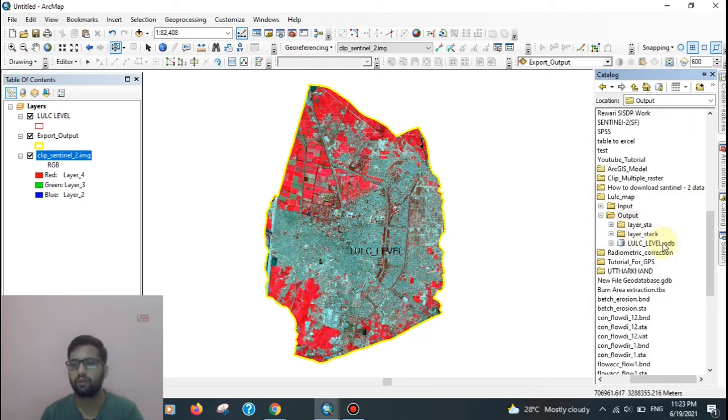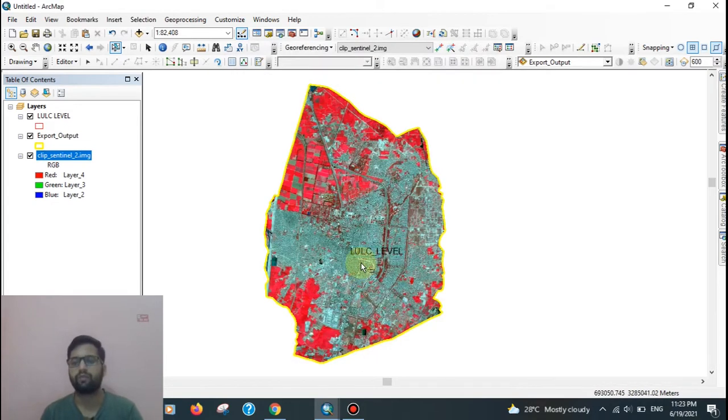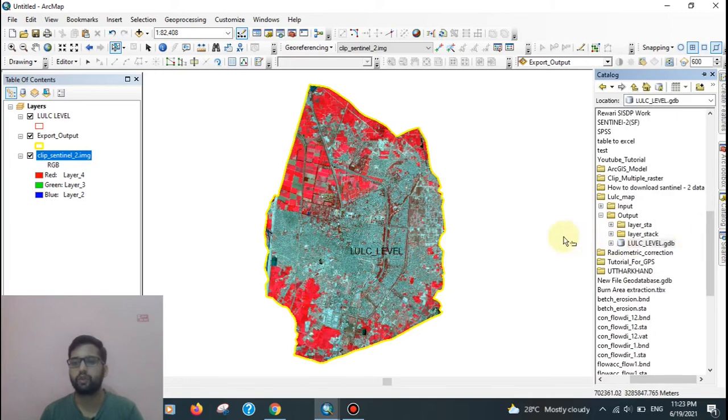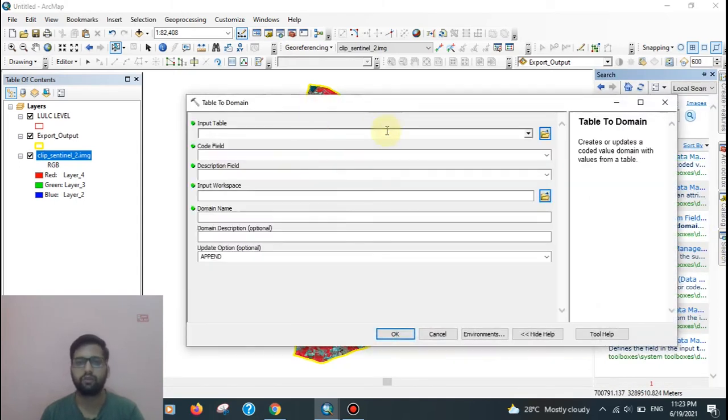Then go to the geodatabase, then go to properties and domain. Here is the LULC code 1 domain name and description, and here are the code and description. So in a similar process you have to add the other 2 domains: domain 1, domain 2 and domain 3.